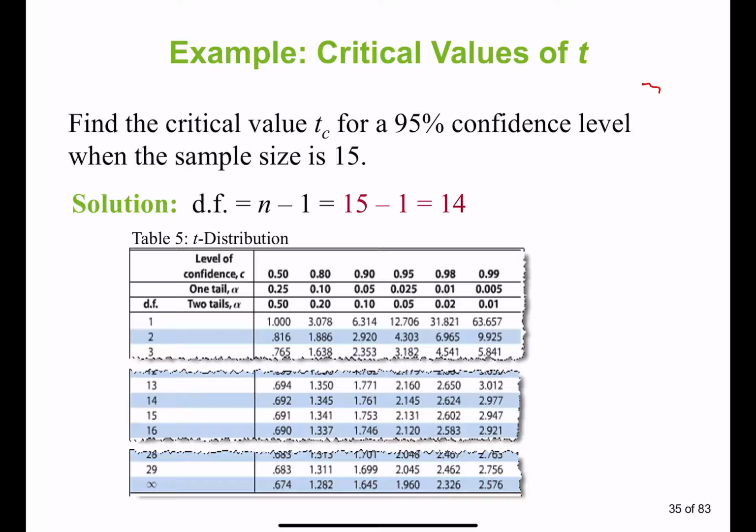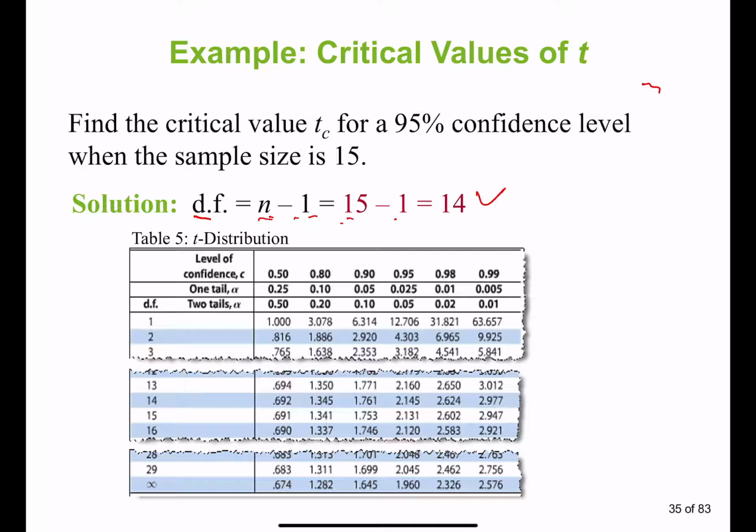So for a 95% confidence level, when the sample size is 15, we are going to have degrees of freedom n minus 1, which will be 15 minus 1, equal to 14. Now here you see the t-distribution table. Maybe on your table,